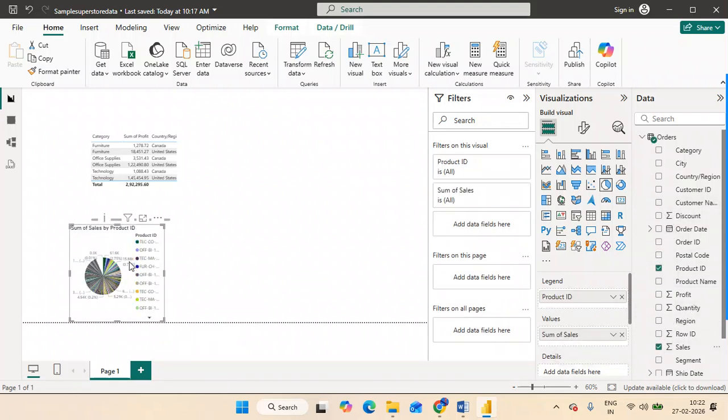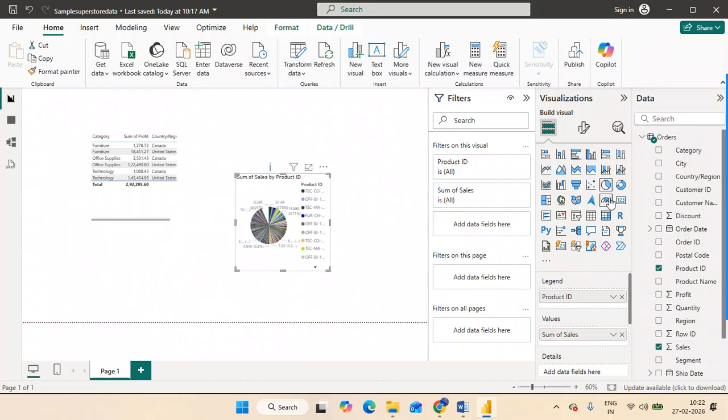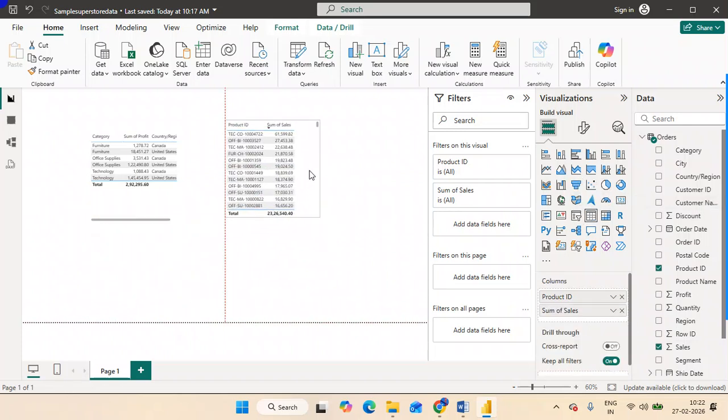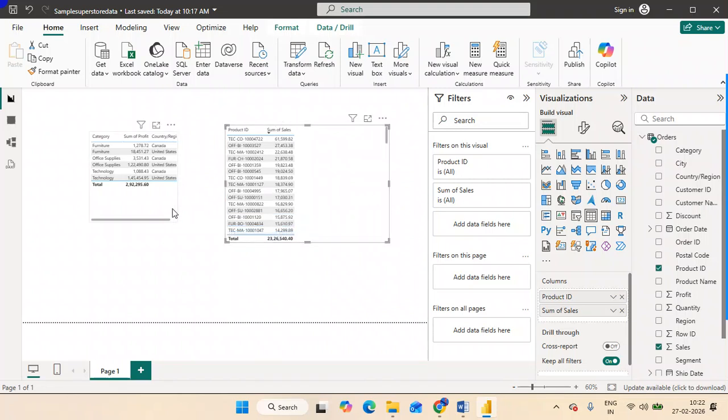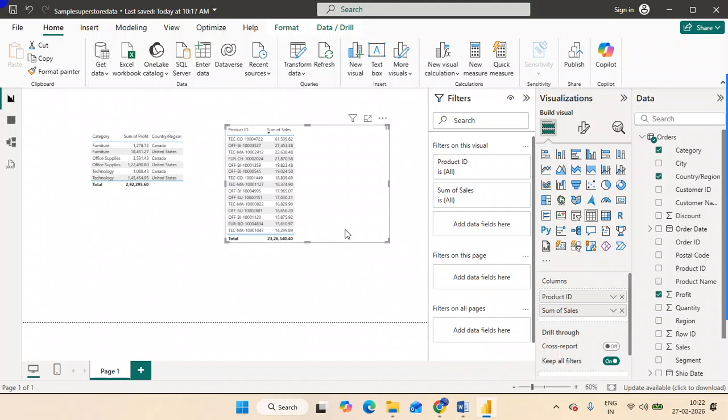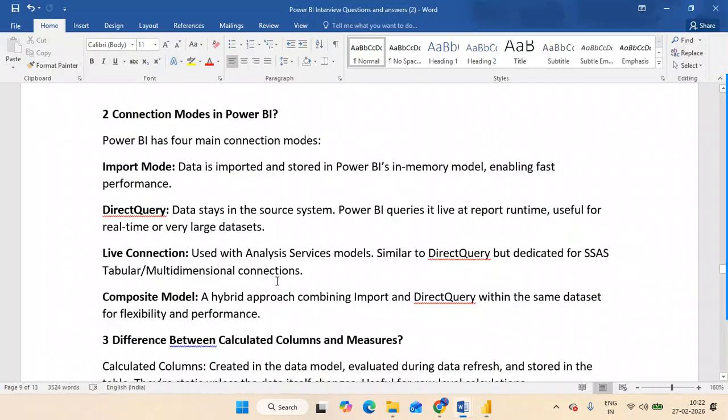That is how direct query is a bit slower when compared to import mode. So in case of performance issues, you have to use the import mode, not direct query.